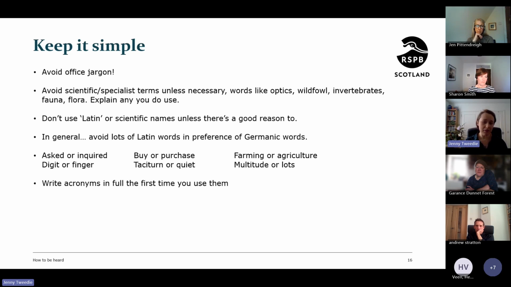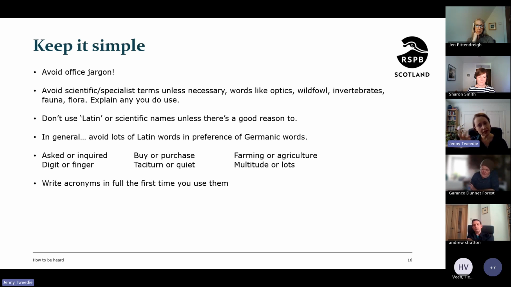However, it can sometimes be a bit difficult to find an alternative word. The word invertebrate, for example, is kind of a coverall for lots of different beasts, lots of spiders and insects and slugs, etc. So it's difficult to find a word that is comparable to invertebrate. But I was thinking about this the other day, and I don't know if you know the organization Bug Life, who are a member of the Alliance. Can you imagine if they were called the Invertebrate Society? That would create such a barrier for people. But somebody at some point has come up with this amazing term, Bug Life, and you know exactly what it's about and what they're trying to protect.